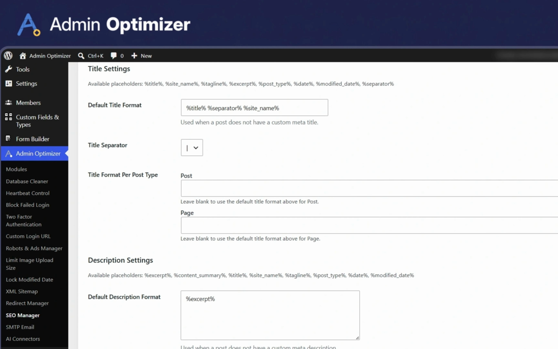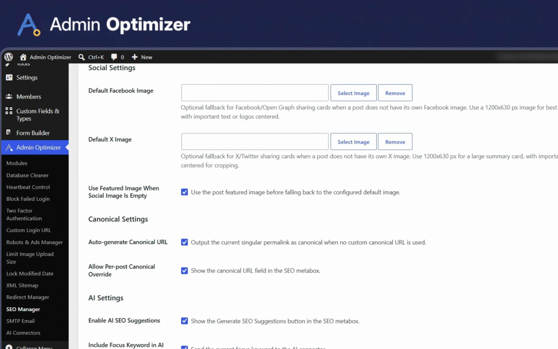Further below that, you can manage title settings to set up dynamic templates for your titles and descriptions using placeholders. If you don't manually write SEO text for a new post, these global templates automatically step in and format it for you. Finally, at the bottom, you can upload global fallback images for Facebook and X, so your shared links